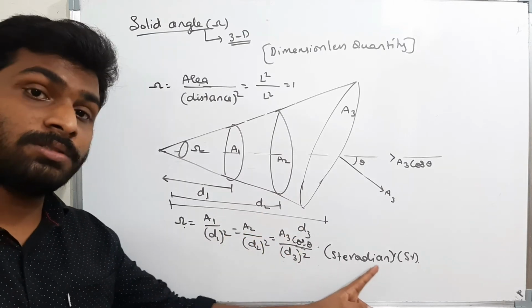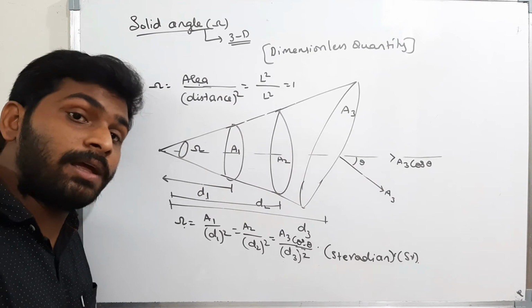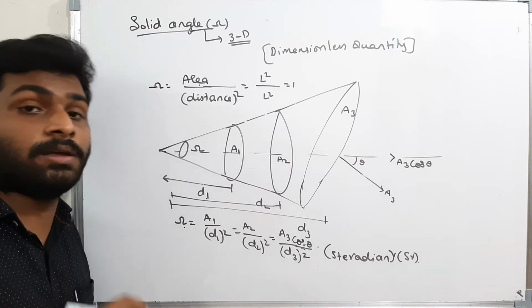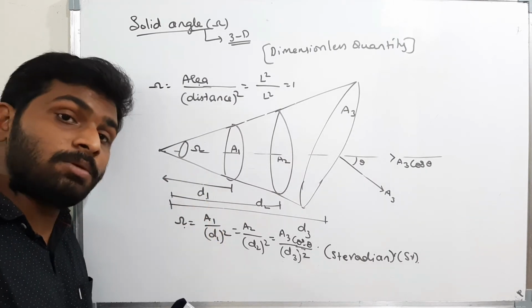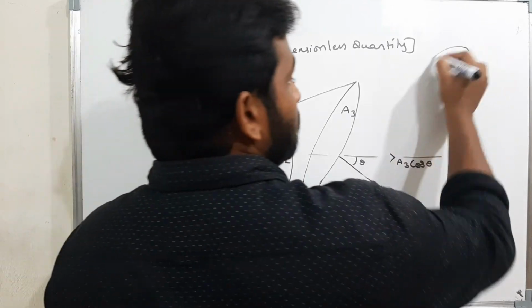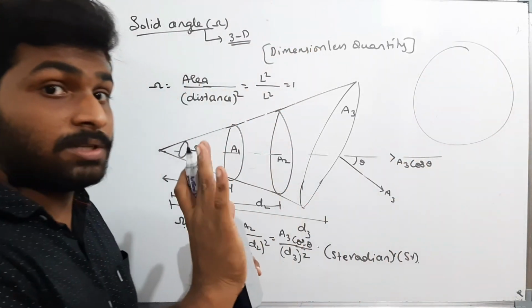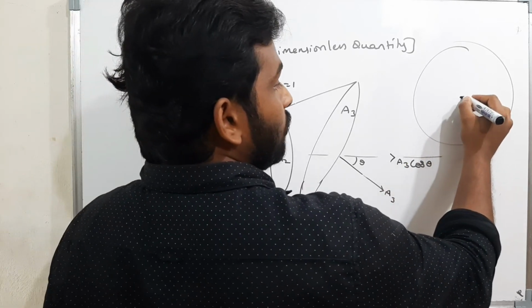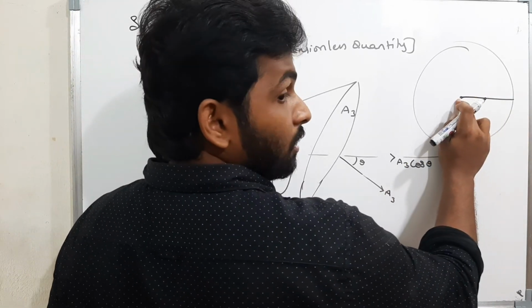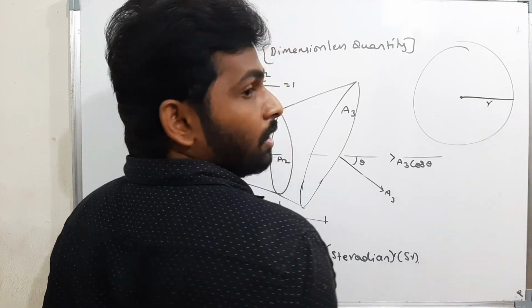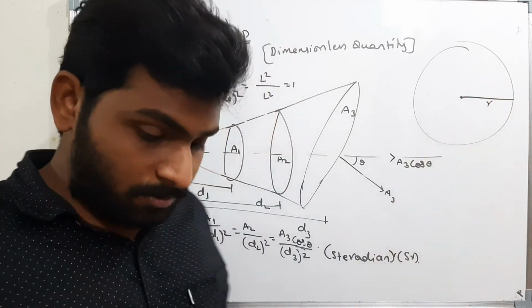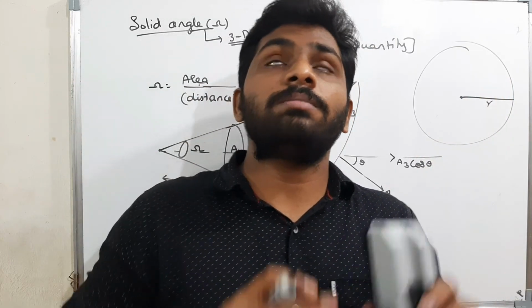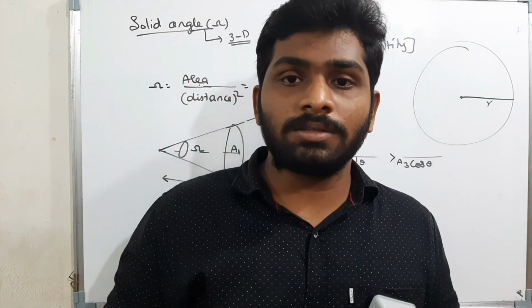The unit is steradian. What is the maximum plane angle? The maximum plane angle is 2 pi radians. Now, what is the maximum solid angle? Now, I am assuming a sphere. This is not a circle, it is a sphere, a three-dimensional sphere. And I am assuming a small point inside it. Now, the distance between the center of the sphere and the body is r. Now, if I am standing inside the sphere, what is the maximum surface area I can see?